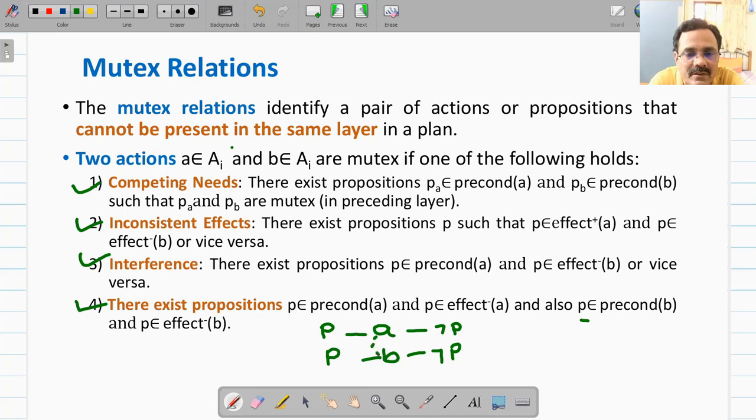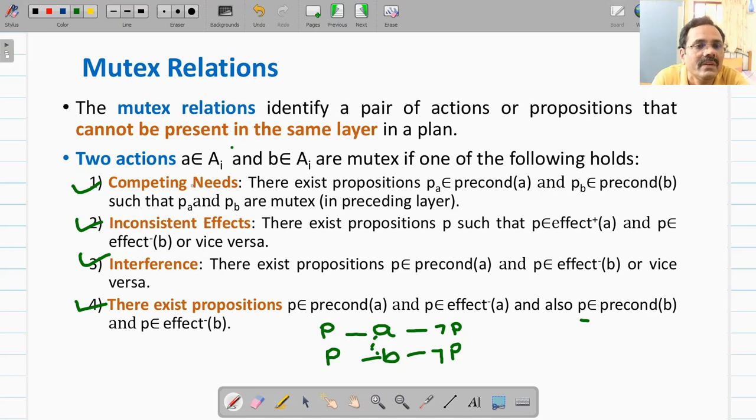That means they are mutex. Only one has to be executed at the same time, right? So these are the four situations. You will find this fourth one is a special case of the third one, the interference case. So these are actually mainly three situations. If you find this, then you make those two corresponding actions mutex.